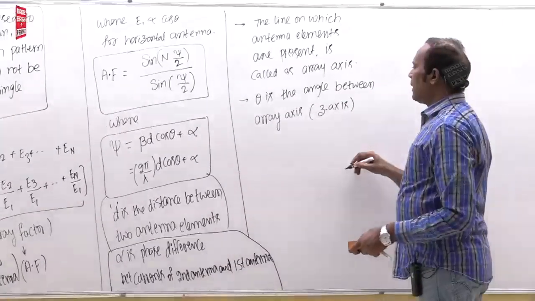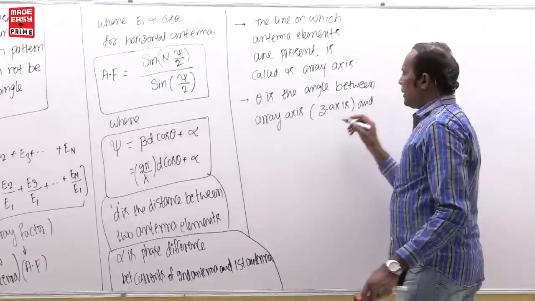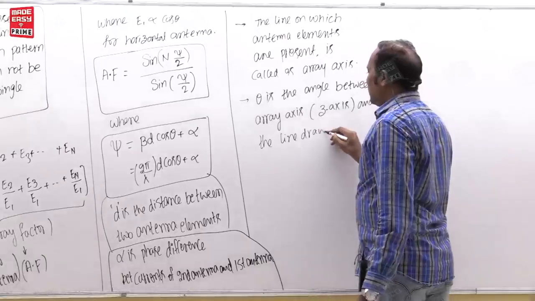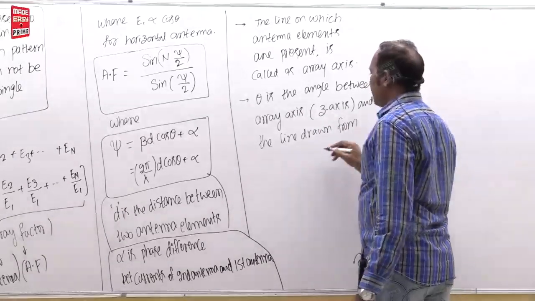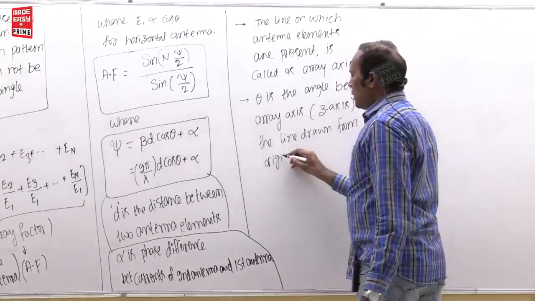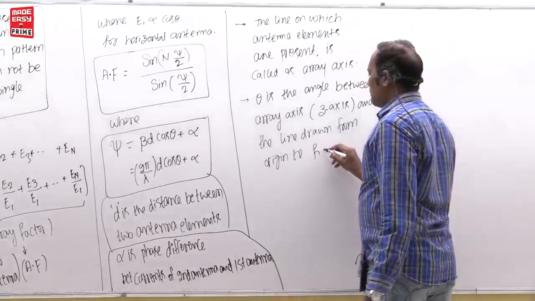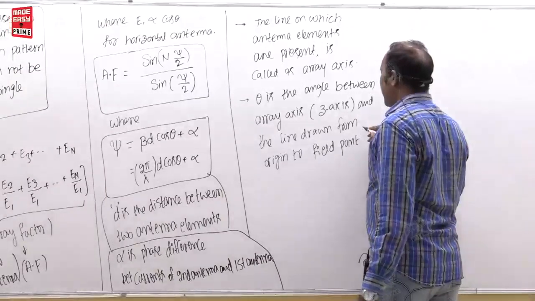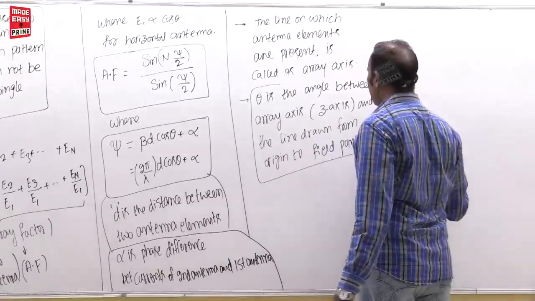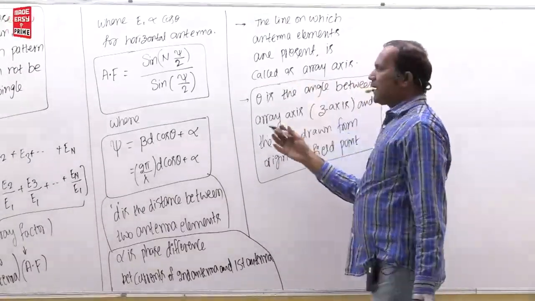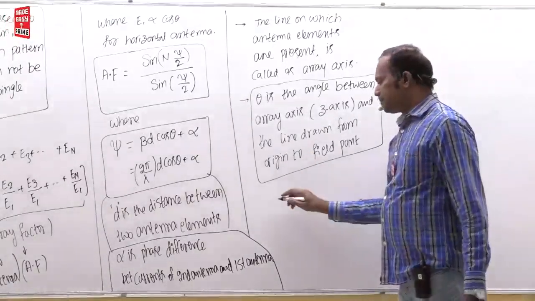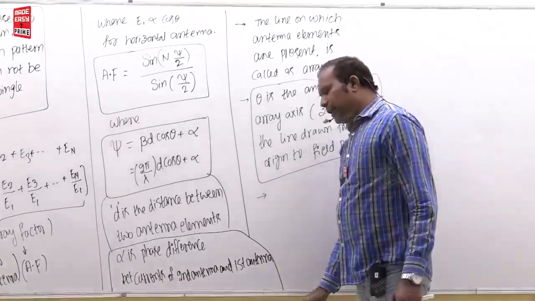Theta is the angle between array axis and the line drawn from origin to field point. Okay, origin to field point. So we are generalizing the terms actually, dear students. We are generalizing. Next, actually,